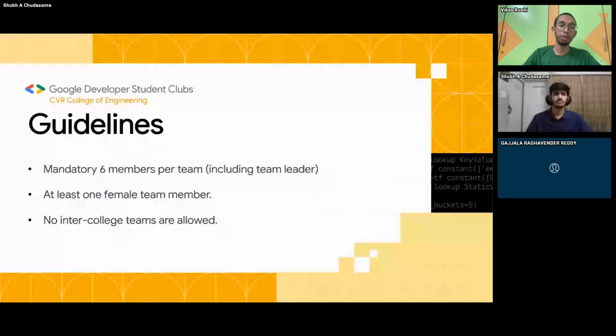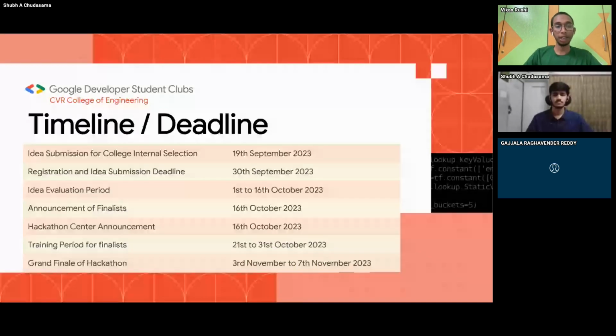And the timeline for the SIH hackathon is: SIH consists of two phases, the college internal level and the SIH main level. In the internal level, the last date for idea submission to the college is 19th September. We need to select a problem statement from the 239 problem statements.